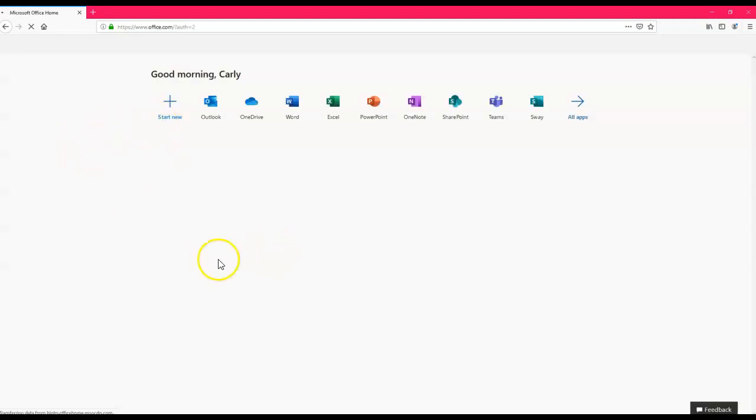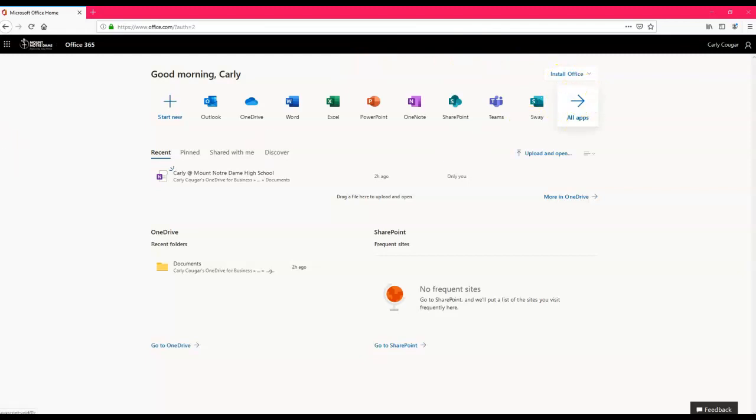And once you've signed in, then that will bring you to your Microsoft Office homepage, and that will have all of your apps and allow you to access any of the Microsoft products from any web computer. Now today we're going to focus on your email. So your email is this first icon, the Outlook icon. So if you click on that, now that you've logged into office.com and clicked on Outlook,